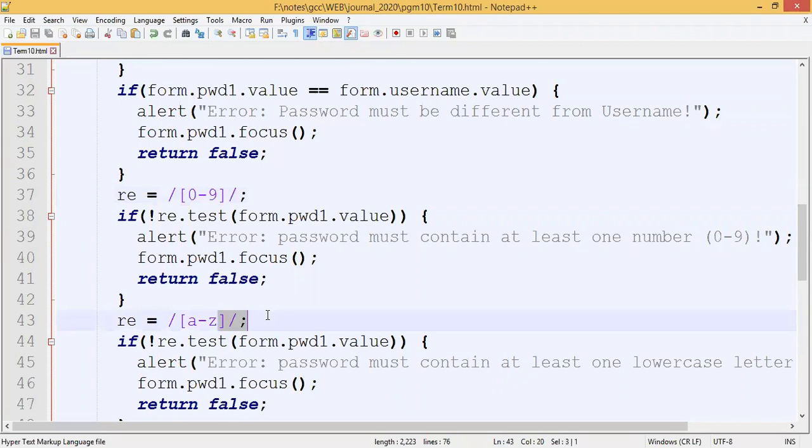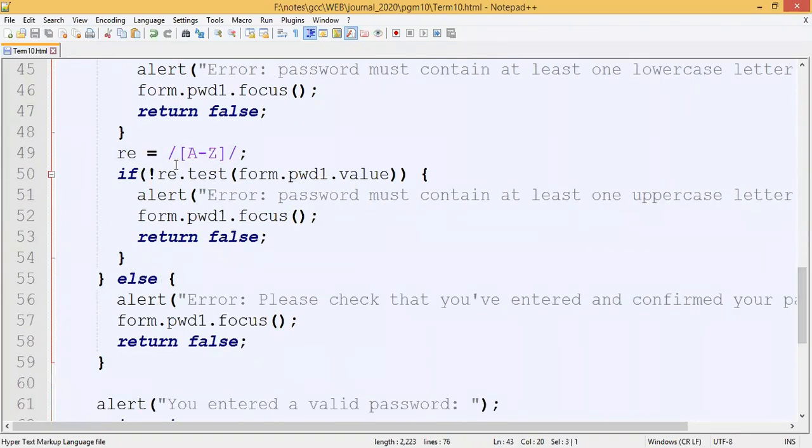So we are now matching this pattern. So here, sorry, this is for lowercase. We are trying to match for at least one uppercase letter.